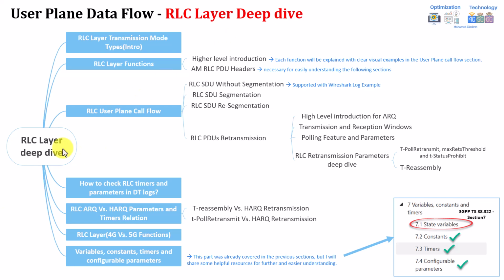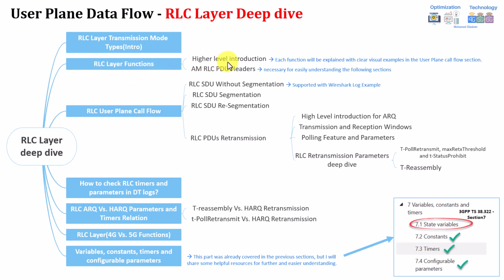First, I would like to give you a quick introduction about the RLC transmission modes. You might already be aware of it, which I highlighted at the very beginning. You have three transmission modes: acknowledged mode, unacknowledged mode, and the transparent or TM mode. I'll explain the function of each of them, and I will show an example from Wireshark as well, to show when this happens, how it's handled, and why it's used for each of those modes.